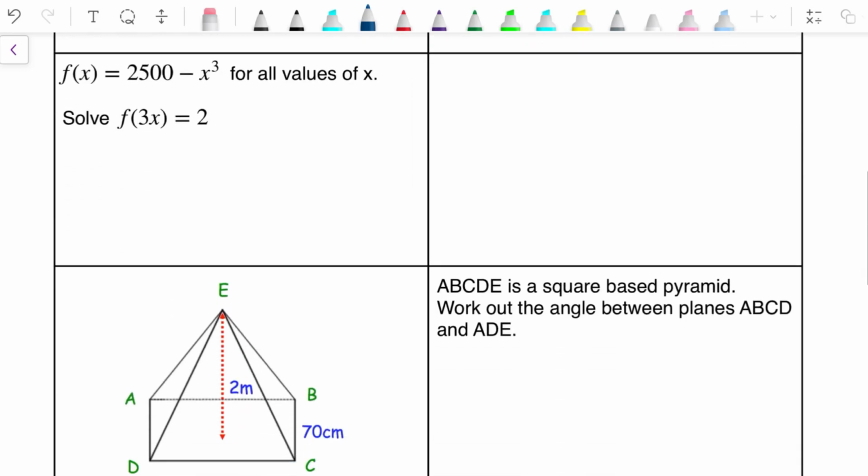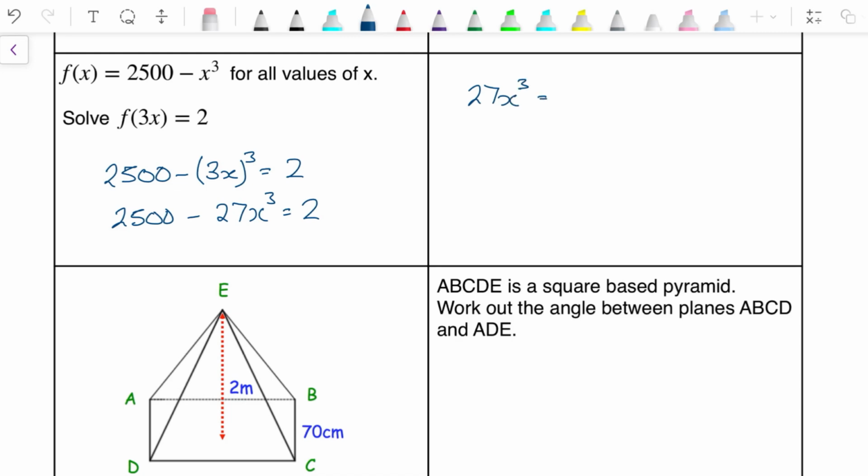Next question. F of x equals this thing here for all values of x. Solve f of 3x equals 2. Cleverly worded. Right, so in other words, I'm going to put 3x into this equation. So it's going to be 2,500 minus 3x cubed is equal to 2. I've basically just put 3x in. Then let's expand it. So 2,500 minus 27x cubed is equal to 2, which means, now, I'm wondering whether this is going to be a nice number. I suspect not, which means that 27x cubed is equal to 2,500 minus 2, which is